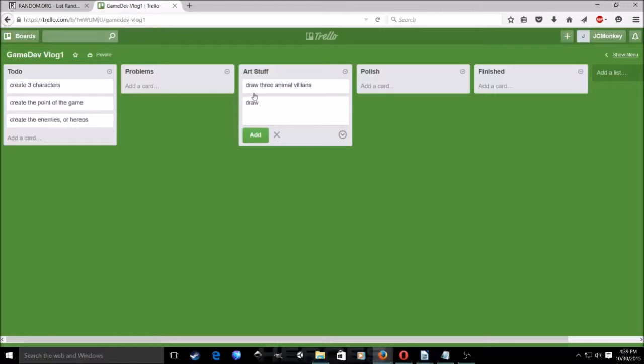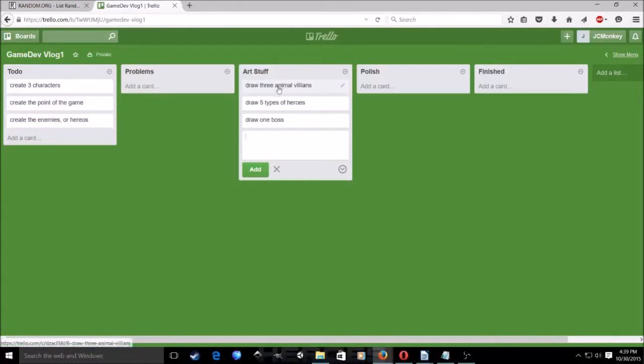Draw, I don't know how many, let's just say we're going to have 5 types of heroes. Draw 1 boss. Okay, so this is going to be draw 3 animal villains, draw 5 types of heroes, draw 1 boss. Create 3 characters, create the point of the game.